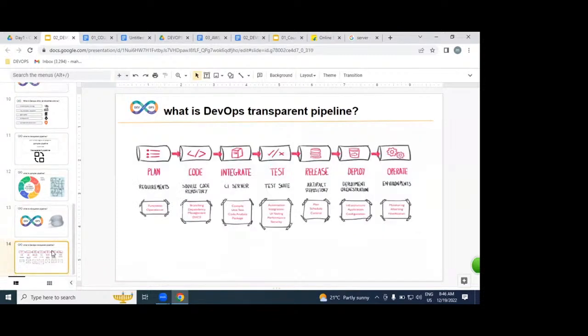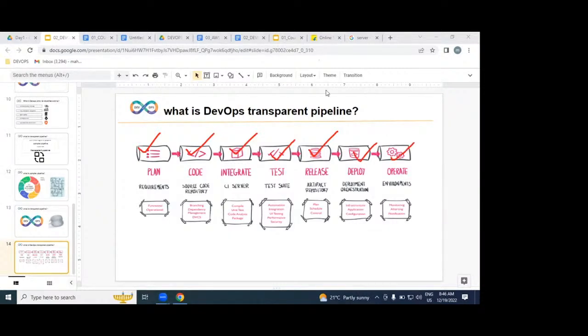This is exactly our actual DEVOPS process, which we are going to implement. Our actual DEVOPS process looks like this. In this DEVOPS transparent pipeline, we have several stages and phases like plan, code, integration, testing, release, deploy, operation.